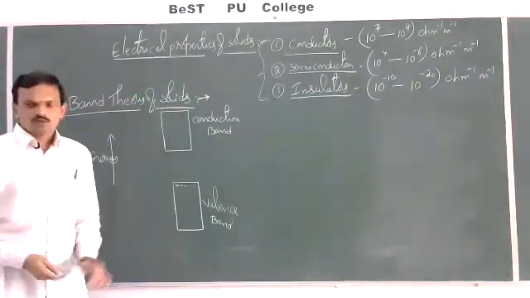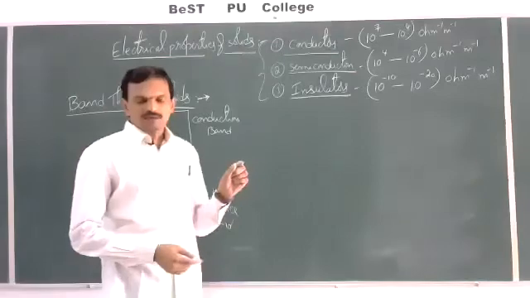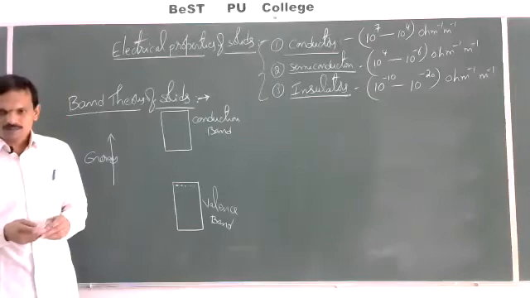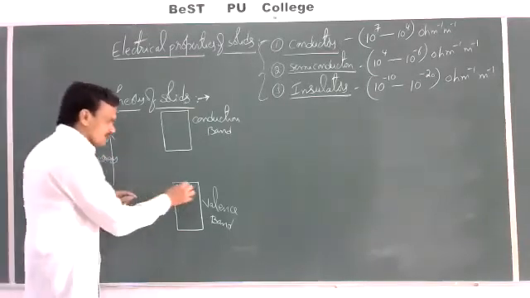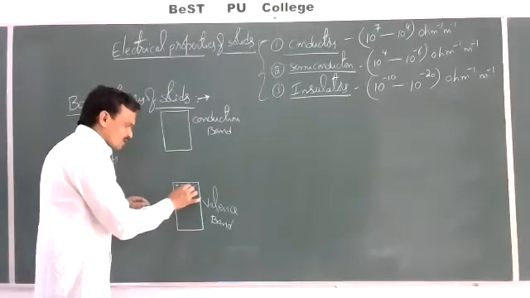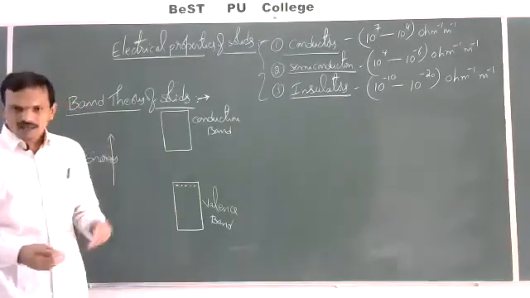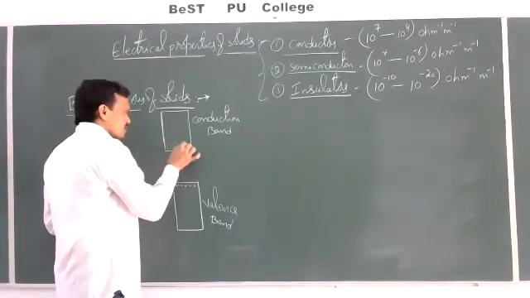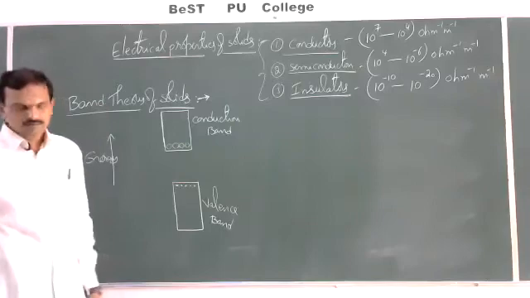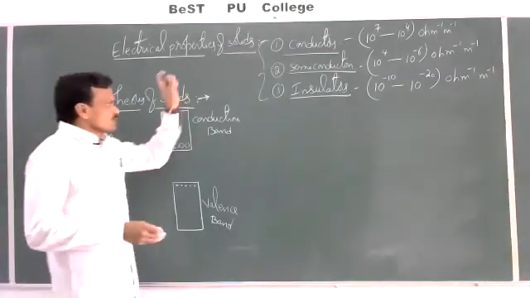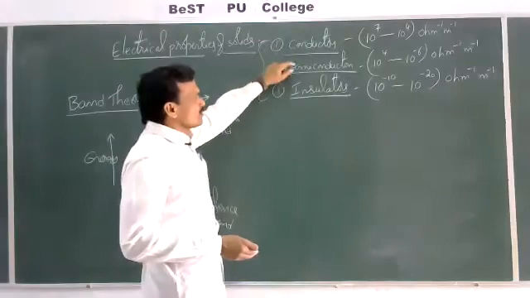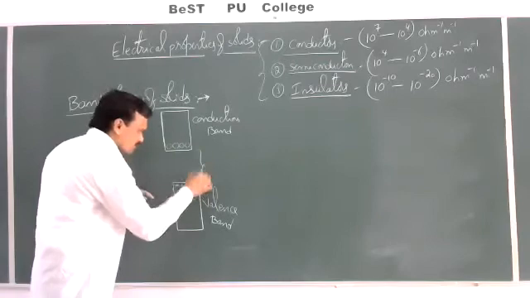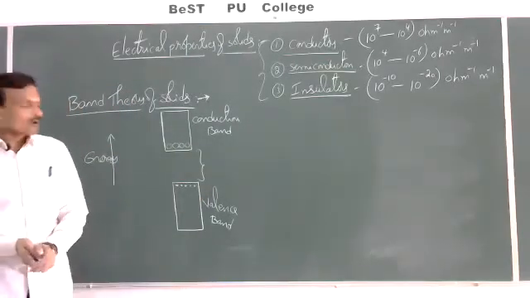See once again. When atomic orbitals having the same energy are intermixed, we get two sets of orbitals. One set of orbitals having less energy and having electrons is known as the valence band, and another set of orbitals having higher energy, which are vacant, is called the conduction band. Now, what differs between conductors, semiconductors and insulators is the energy gap between these two bands, the valence band and the conduction band.